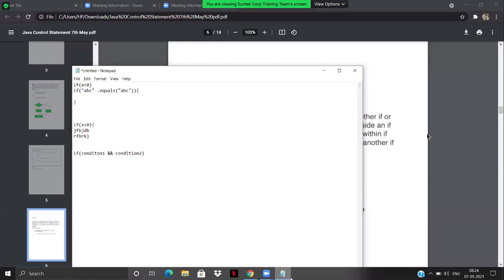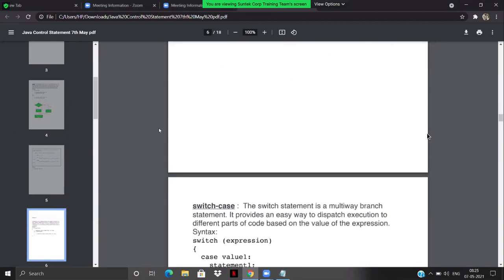There is no difference. If you're writing a nested if, that means whenever the first condition gets successful, then you need to check for condition 2. If condition 2 is also successful, then you need to print something, or maybe just do some operation. But that's the same as writing two if statements. So even if you write if condition 1 and then inside the bracket, if you want to write condition 2, okay, and then after that you can write something else. Is that clear? So let's move on to the next.